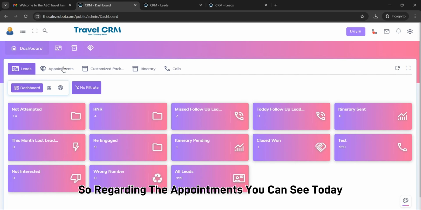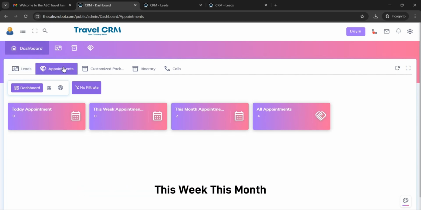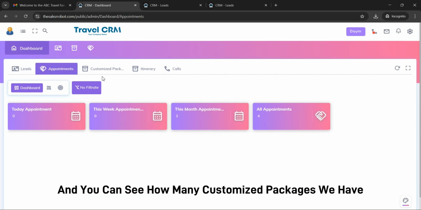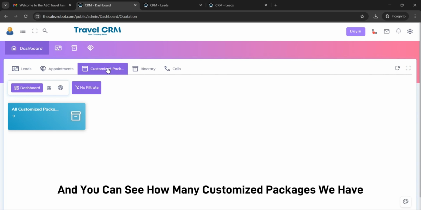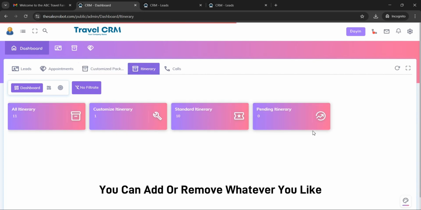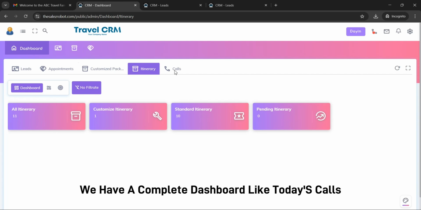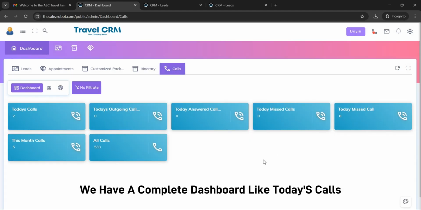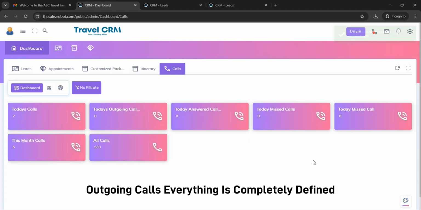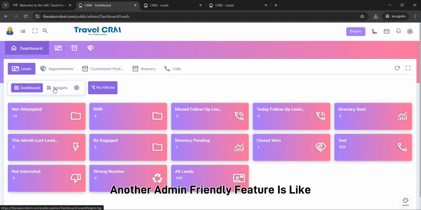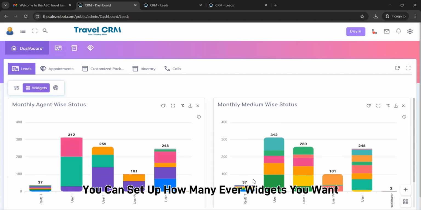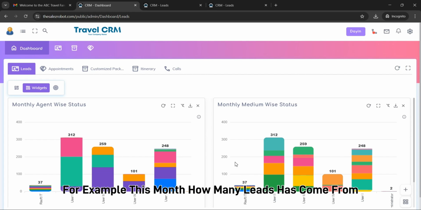Regarding appointments, you can see today, this week, this month, and all appointments. And you can see how many customized packages we have. All these options you can add or remove as you like. In calls, we have a complete dashboard with today's calls, outgoing calls, everything completely defined. Another admin friendly feature is that you can set up as many widgets as you want and monitor the data. For example,